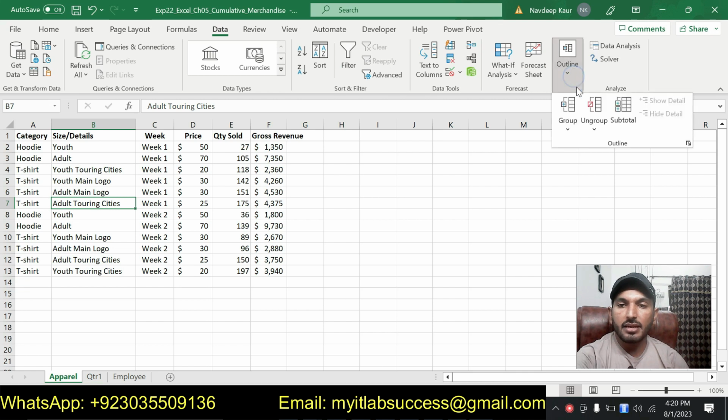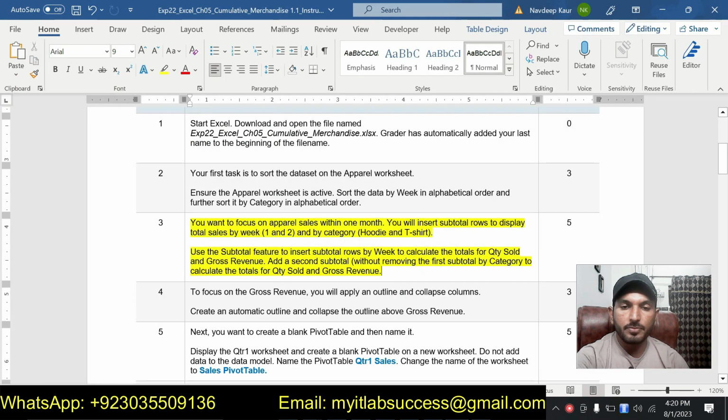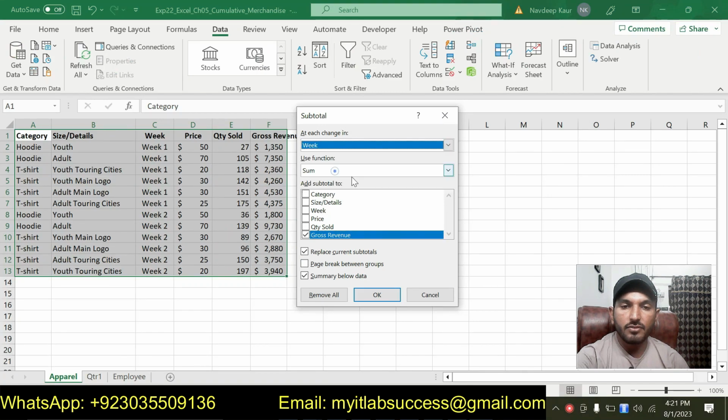see this outline, and scroll it down or click this arrow and you can see the subtotal feature here. Click on it. So first subtotal should be subtotal rows by the week to calculate the totals for the quantity and the gross revenue. This one. So we will select the week from here,